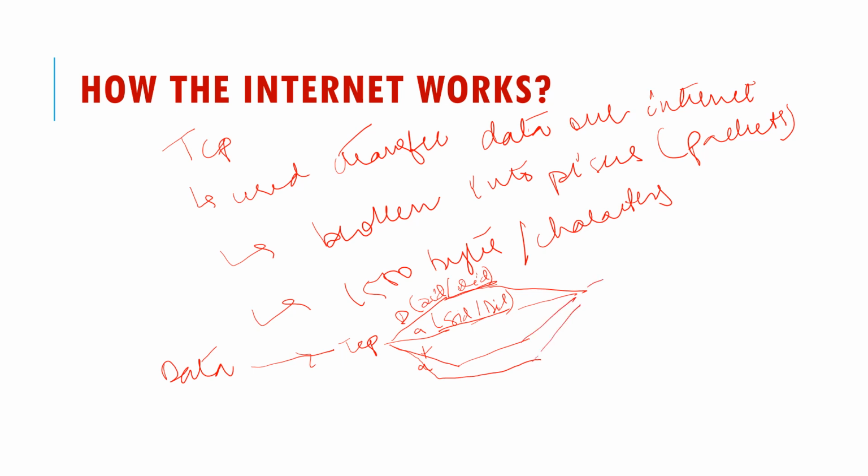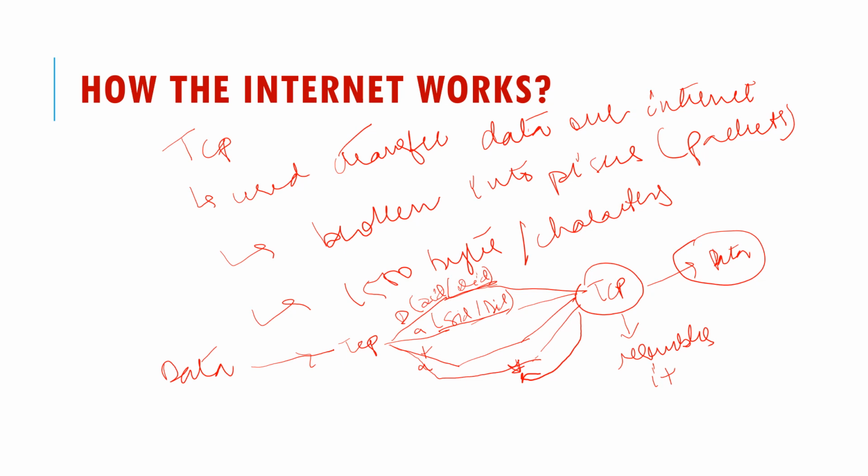So TCP at the destination end will receive these data packets, it will reassemble them and give it to the destination node. Now suppose while transmission, this data packet has lost its path. So what TCP will do, when it reassembles the things, it will check that it has received only 3 packets out of 4, so it will resend the packet for